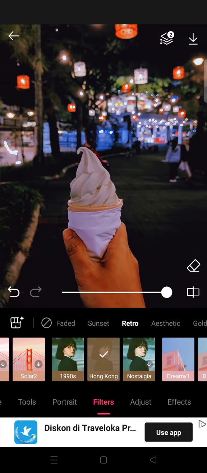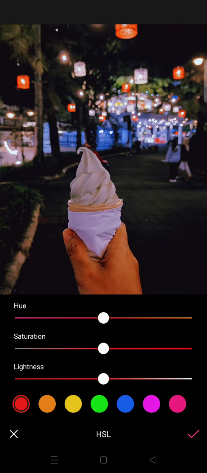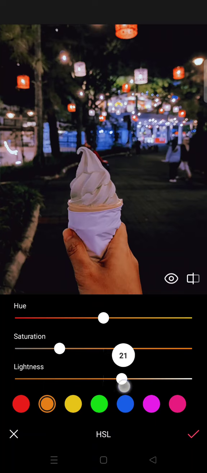And then go to adjust and click on HSL here and at the orange color, the second color, lower the saturation into -50 and then add the lightness into +70 like so. And then after that,